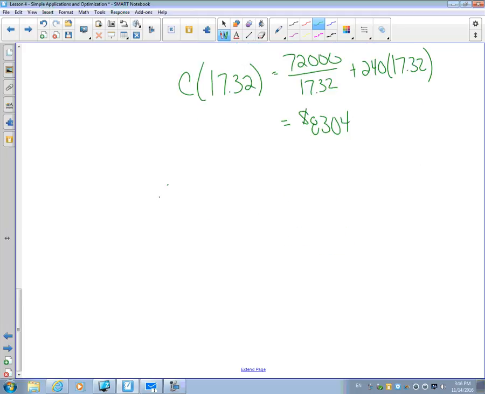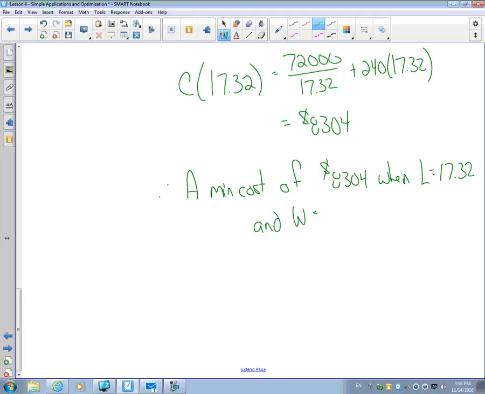Okay, so our minimum cost is $8,304 when L was 17.32 and W was 34.6